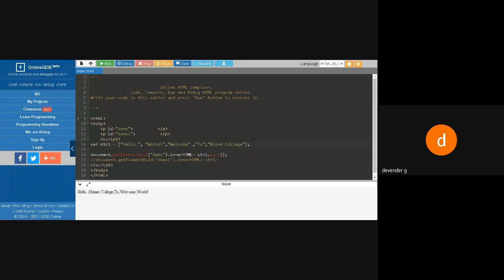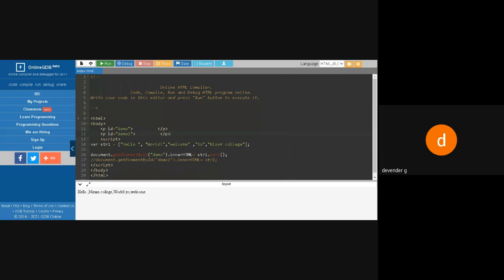See, again we'll do the same thing. I'll modify this: welcome as small, and this 2 as small, and let this one be small. Now you can see, whichever capital letters are there will be sorted first. So according to that, hello, then Nizam College, then world should come. Between welcome and two, there are two small cases, so two will come first and welcome will come last. We'll see whether this happens.